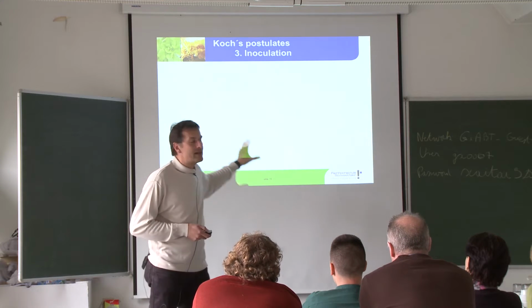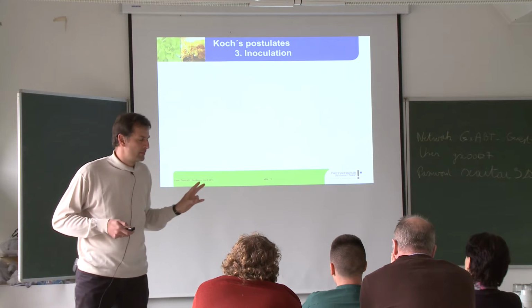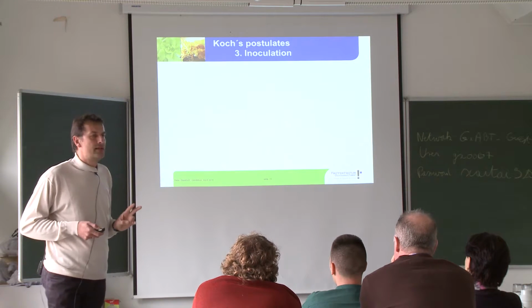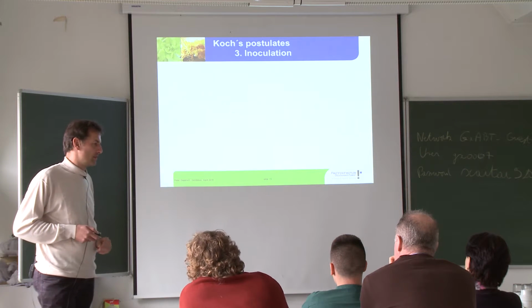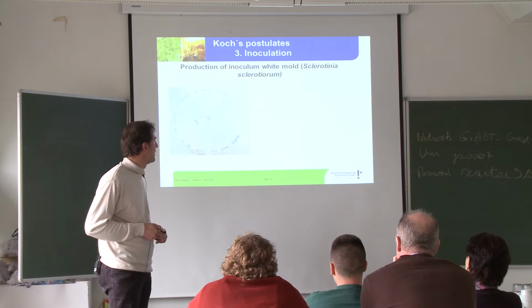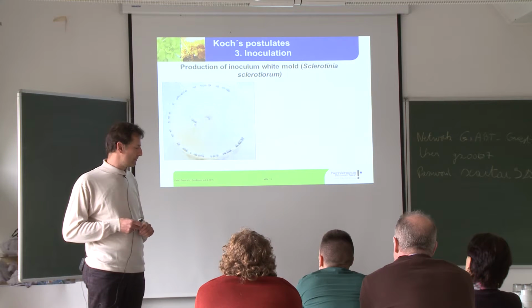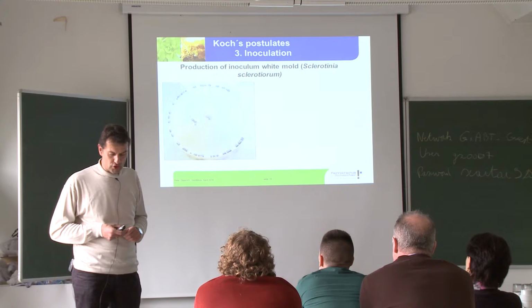So we have now identified two means to identify a pathogen. But is it really the one that caused these symptoms? This we have to find out via inoculation. And because it is easier to do, I explain it on another pathogen, on Sclerotinia. I have already mentioned it, because Sclerotinia is also a pathogen of high importance in hydroponic cultures and also in aquacultures.